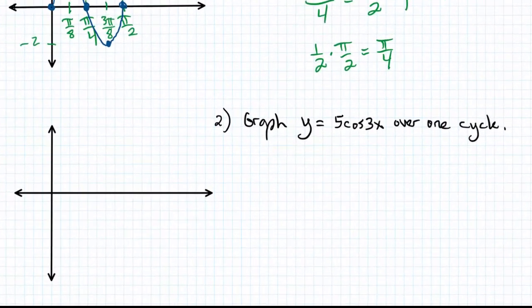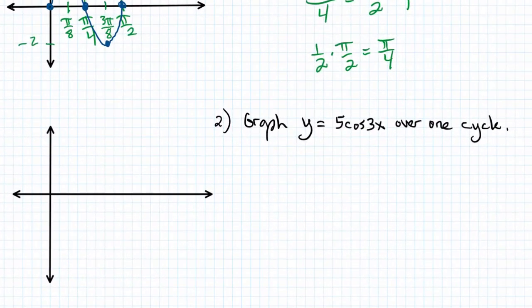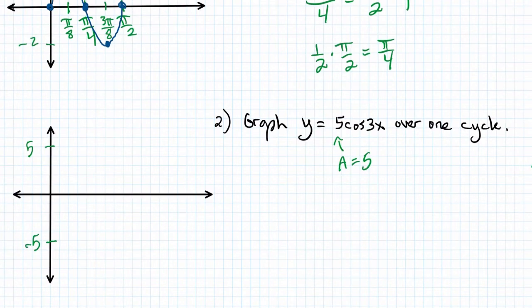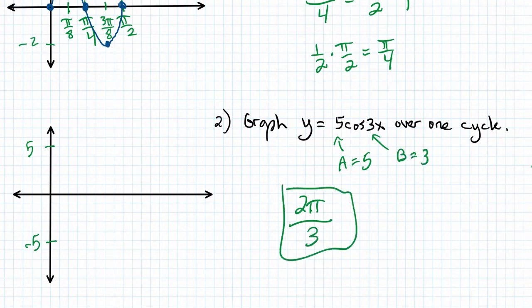Next, we want to graph y equals 5 cosine of 3x. Let's start with the amplitude. A equals 5. I want to go up to 5, so let me place 5 here. And then I need to go down to -5, and I'll place that here. Now let's turn to the x-axis, but we do need to find the period. So once again, let's take 2 pi and divide it by the b value. And when we do that, this is not a reducible fraction, so this right here is the period of the cycle. So once again, let's go back to the x-axis and let's walk out 8 spaces and mark it.